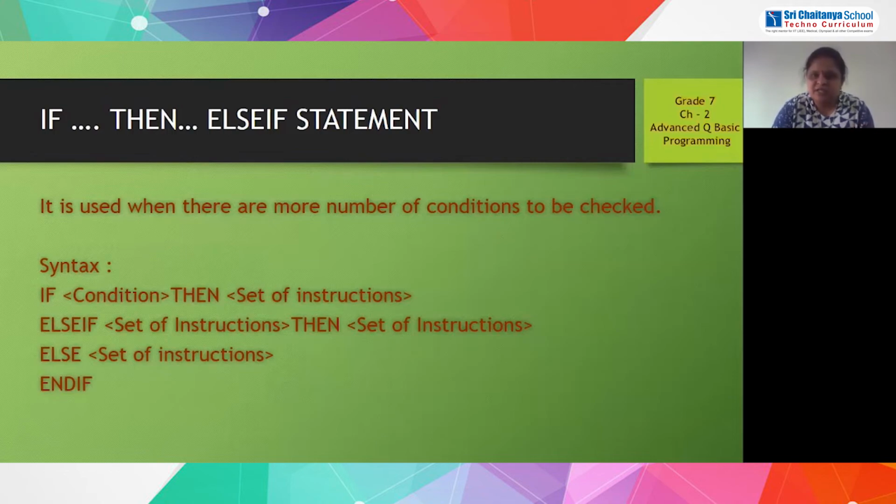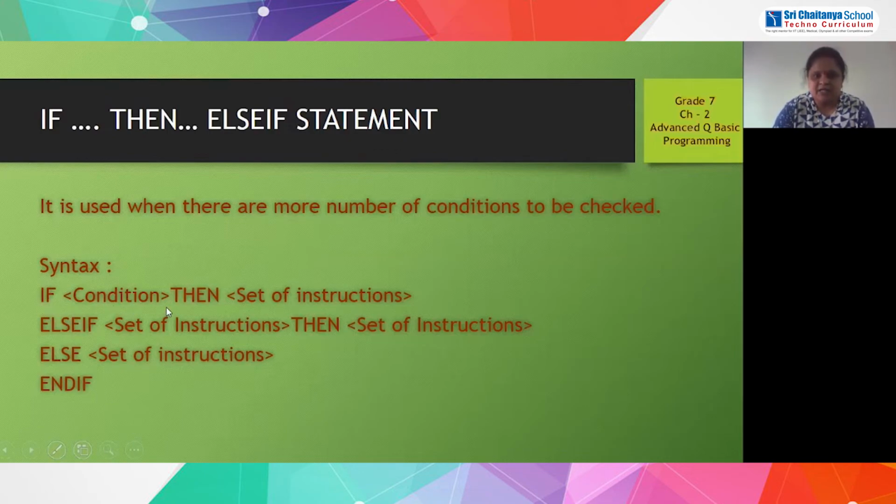I have just checked two conditions: whether the user's age is greater than 18 or less than 18. But if you want to check more than two conditions, at that time we are going to use the if then else if statement. Okay, the syntax will go like this, children.